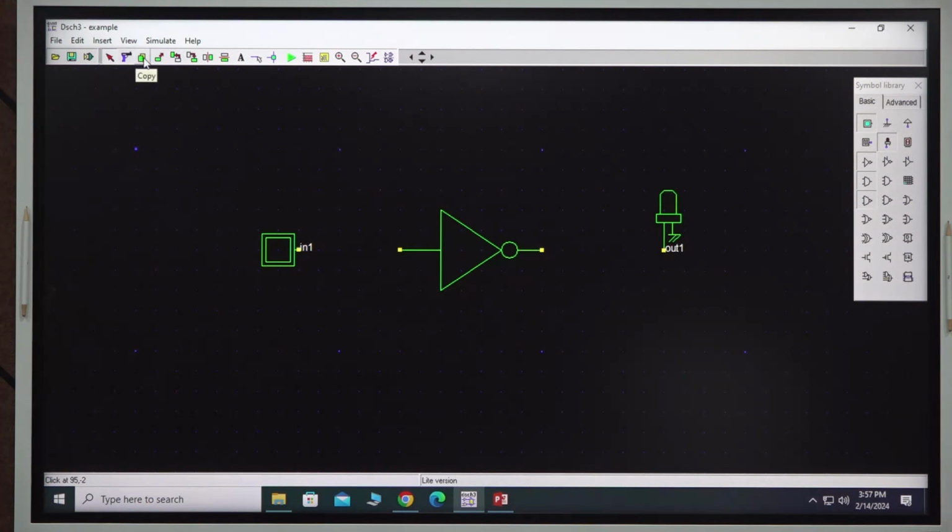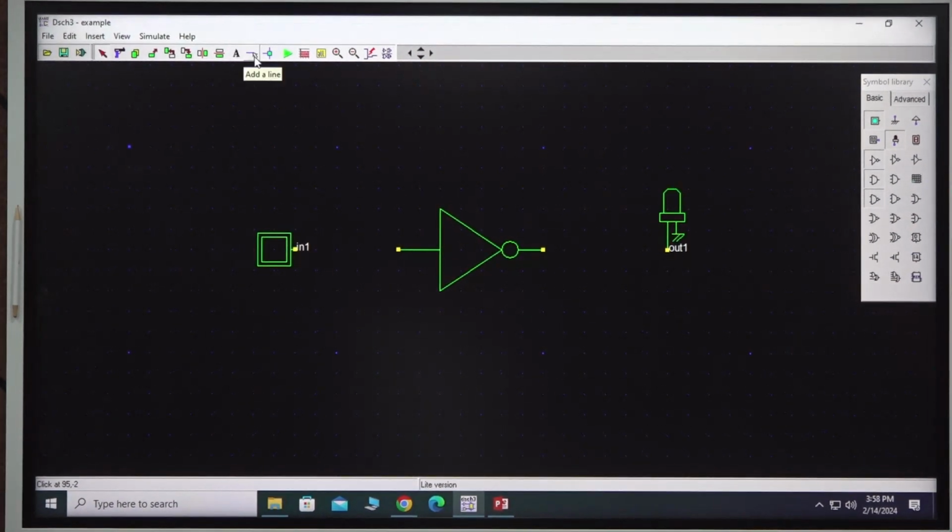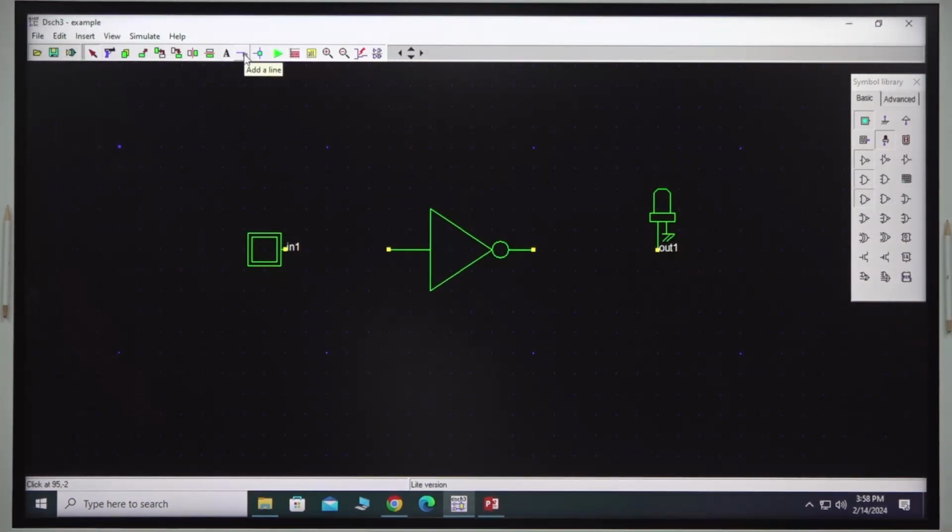Then copy: if you want to copy any element in the circuit, you can use this copy, and then drag. These are used for the drag options. You can edit, add text in the circuit, and add a line, that is, you can connect a wire using this symbol. Now I selected this option, then press the input side, that is the button, and connect it to the input of the NOT gate,